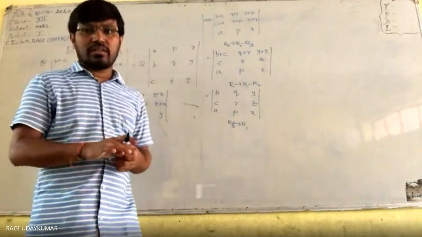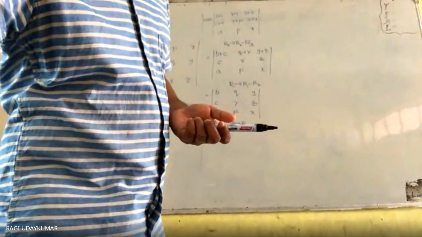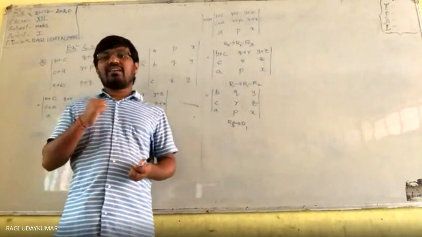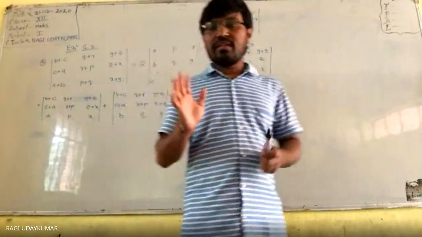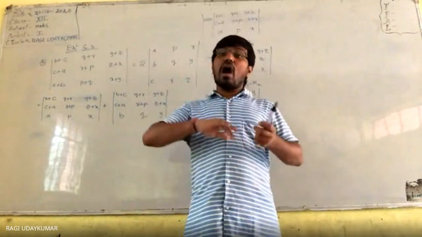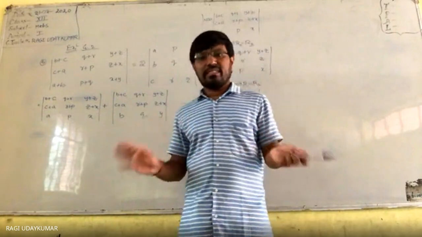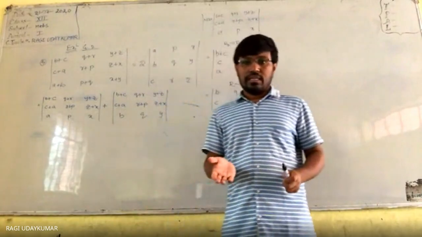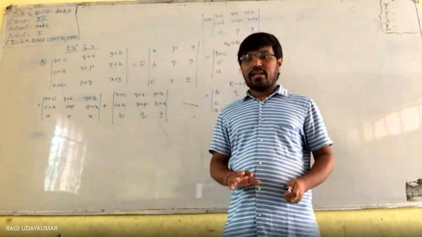In the properties we have learned, determinant will be multiplied by -1. Sign will change. There are 6 properties. Once again, I am recalling the 6 properties. The first property is when you interchange all the rows and columns, means transpose of the matrix, then the determinant will be same. Second one, if you interchange any two rows or any two columns, then the sign of the determinant of the matrix will change.